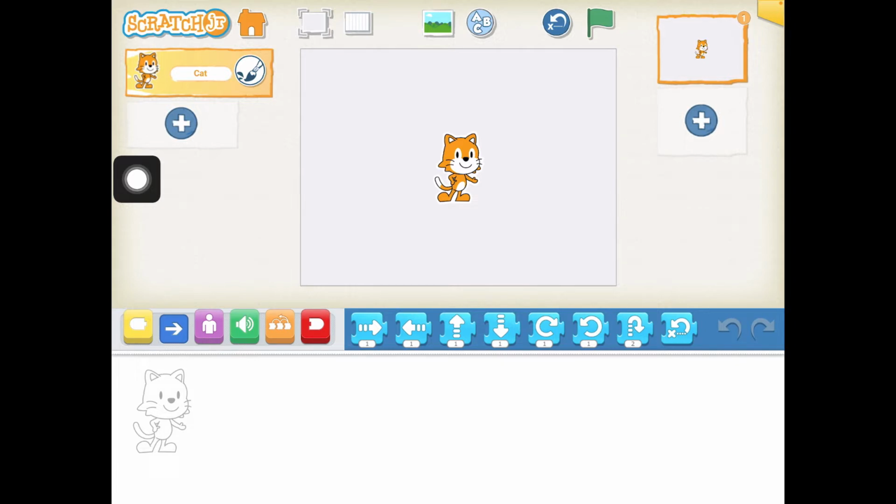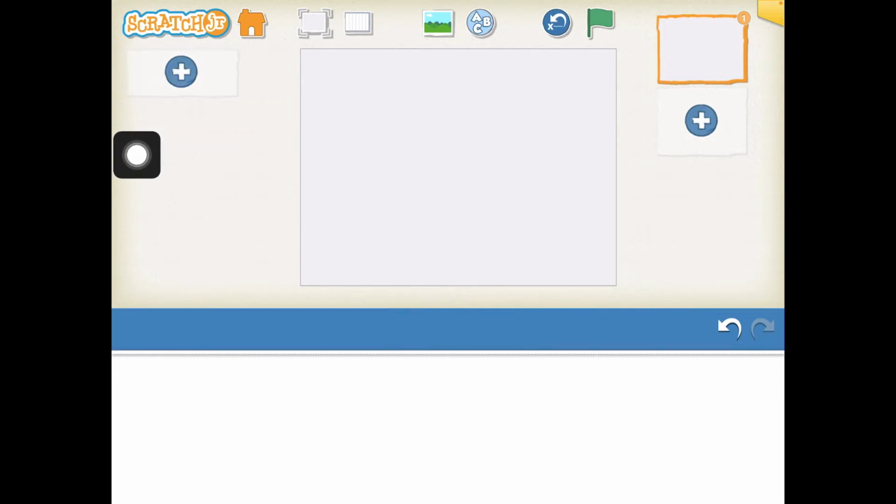When you open it up, it will let you know that you will begin with the character of the cat, but you have other options. On the left-hand side here is where you can add your characters. I'm going to ask you to select 2 characters. If you don't want the cat, I'm going to click onto it in the middle. So I clicked right in the middle here, and I'm going to hit this X button, and that character is deleted. Now I'm going to go to the plus button,